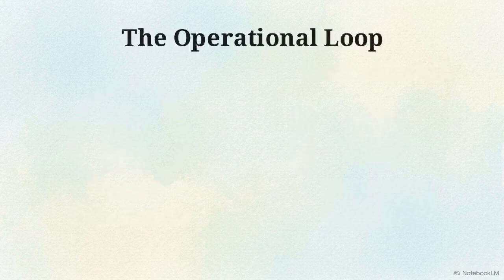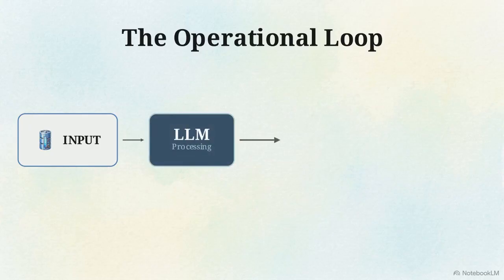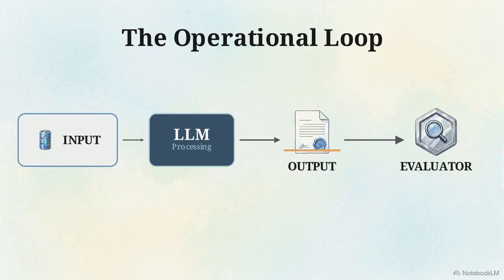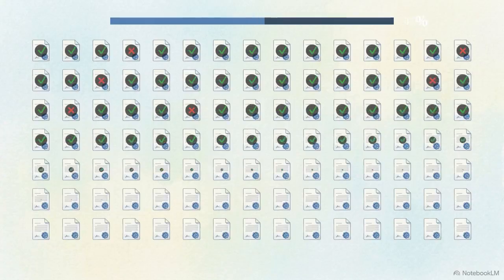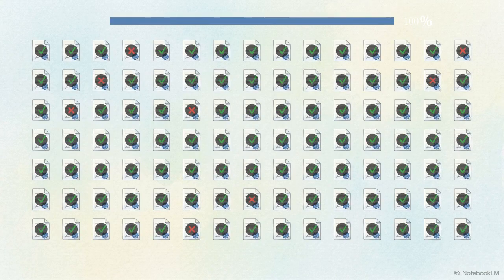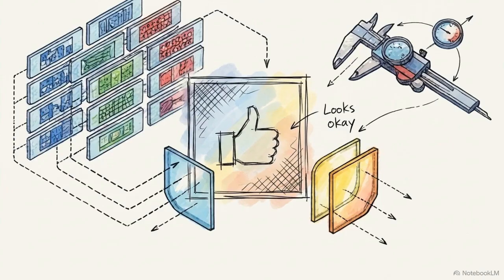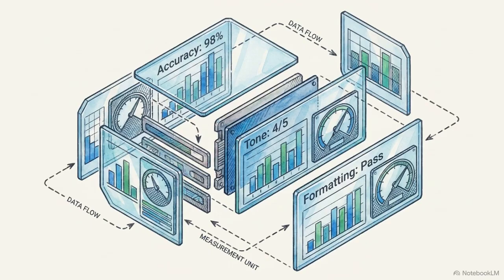The operational loop follows a specific path. You feed a specific input to the model, capture its generated response, and apply a scoring mechanism to determine if that response is correct. But running this test once is anecdotal. This loop must be automated across hundreds of examples to provide results that are statistically relevant. Automating this testing loop at scale forces a development team to abandon subjective vibes in favor of empirical quality control.